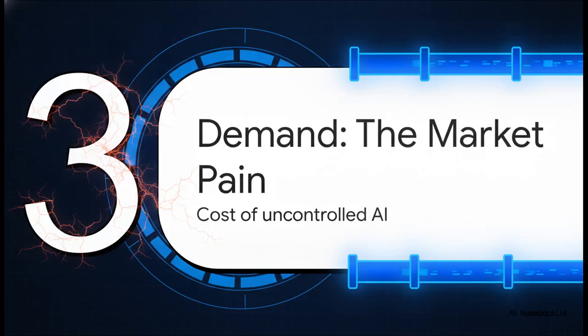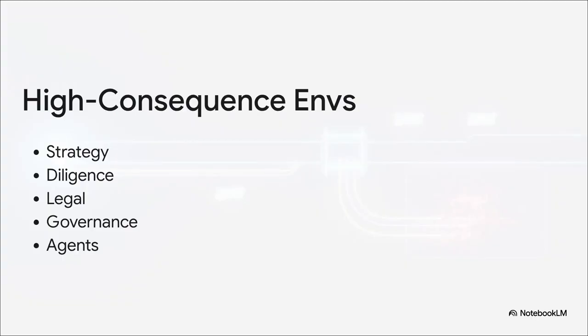Section 3. Demand. The market pain. The cost of uncontrolled generation. Demand really skyrockets when a repeated failure becomes simply too expensive for enterprises to ignore. We are talking about high-consequence environments here. Things like enterprise strategy, investor due diligence, contract and legal review, complex governance systems, massive research pipelines, and autonomous agent